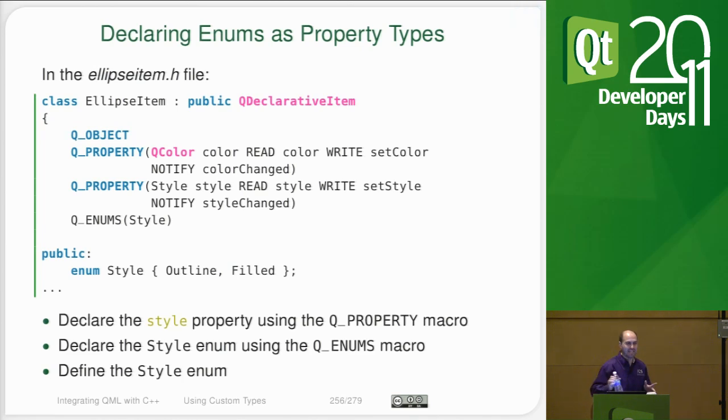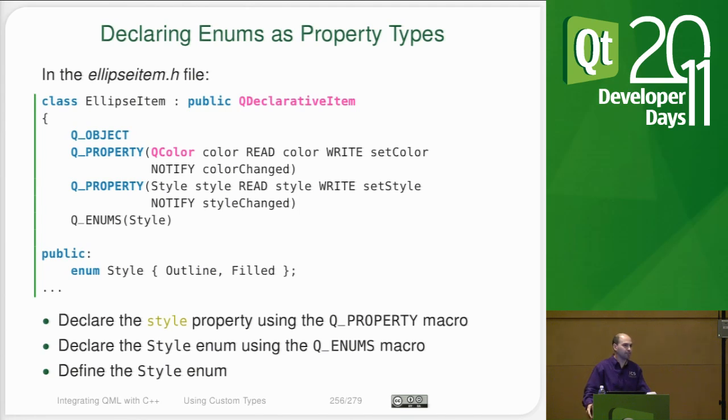And this is actually pretty easy, because all you need to use is a Q_PROPERTY macro and the Q_ENUMS macro. This is actually an old macro, goes back a decade, maybe longer. It was actually used in Designer plugins. It's how Designer would know, when you had in your property tree "what style do I want my frame to be drawn in," it actually got its strings to display from this Q_ENUMS macro. What it does is the meta object compiler is going to read your header file and go looking for